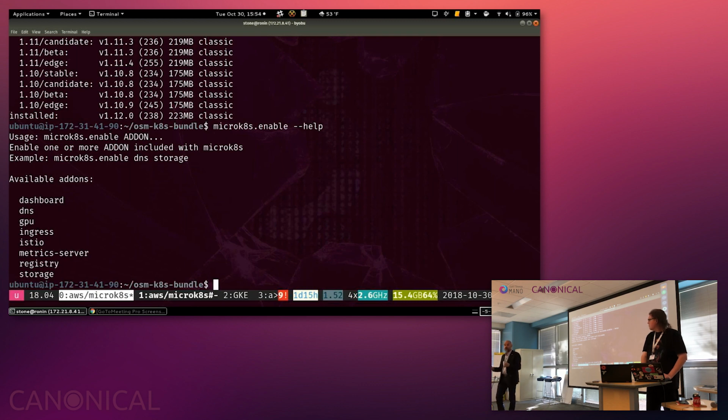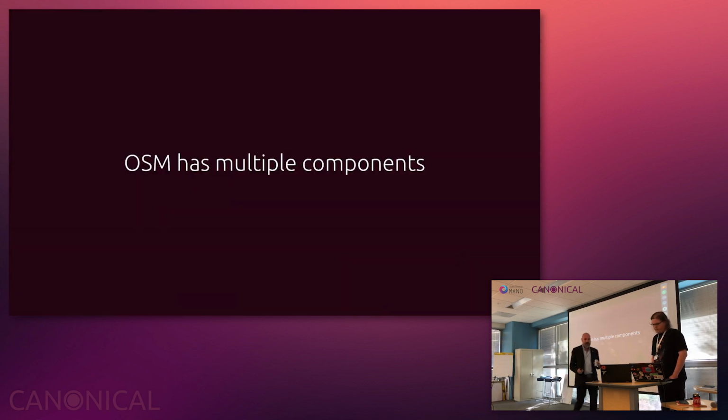But we can also use MicroK8s here for example, if I'm a network function creator or provider, I can iterate my network function on an aeroplane, right, using MicroK8s on my laptop. And I can actually iterate the VNFD for OSM on top of all of that as well. This is where we're headed, and that will be in OSM R6. Okay. So now we've got a Kubernetes up and running on the developer workstation. We want to